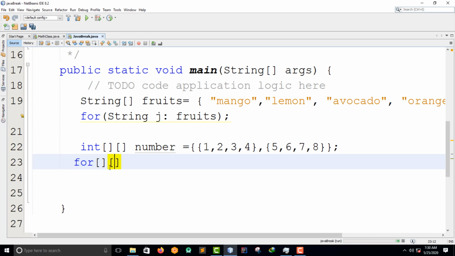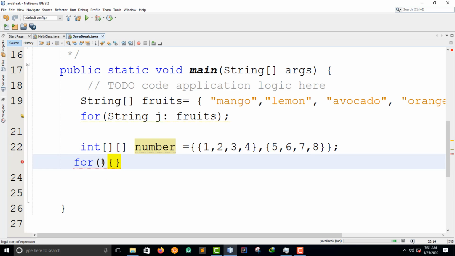So let me say another array, my number, which is number, is equal to curly braces. No, not that. I think this one is just a repetition. So once you say for int, for int, you must have the curly braces here.